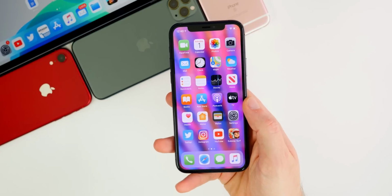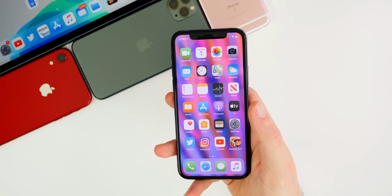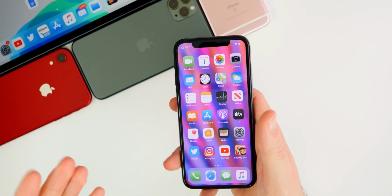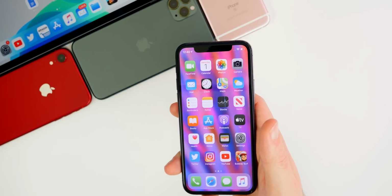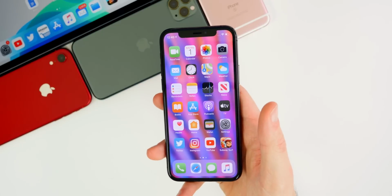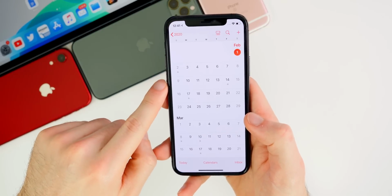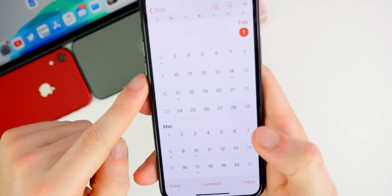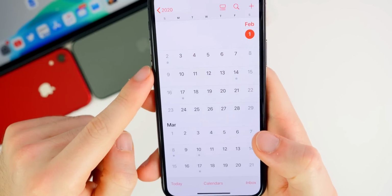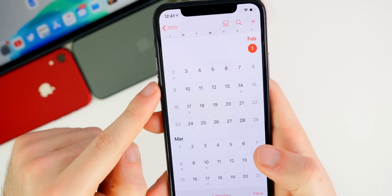So yeah, overall, iOS 13.3.1 is a great software update that fixes a lot of bugs, adds in a couple new features, and improves the battery life for some, and that makes this a very worthy update with no real downside. Now, since we don't have any currently running iOS betas, I would expect to see a new iOS beta start as early as February 3rd. So possibly the week of February 3rd is when we could see iOS 13.4